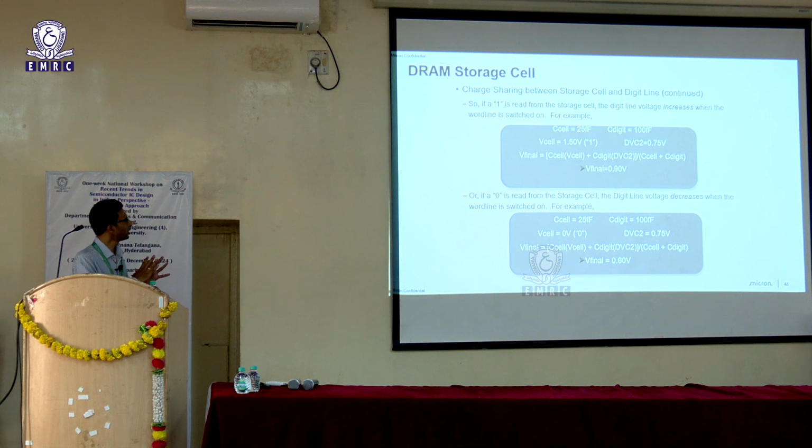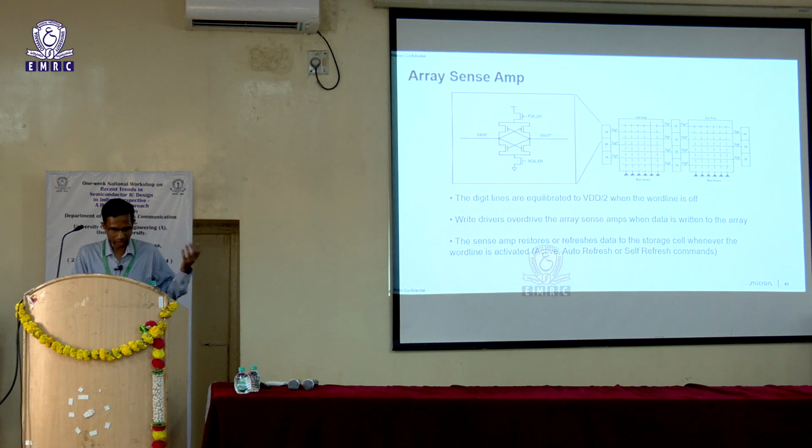So the point that I'm trying to drive here is, when you are accessing the cell, you will not get the complete rail to rail information on your digit line. It's just a delta voltage that gets developed. It either gets developed or gets shrunk. So if it's a 1, there's a positive bump, and if it's 0, there's a negative bump from your reference voltage. So if your reference is 0.75, you see only 150 millivolts of swing, either positive or negative, and this has to be translated to rail to rail eventually, and that's where you would use the sense amplifier.